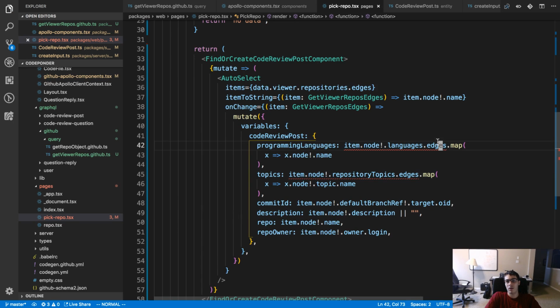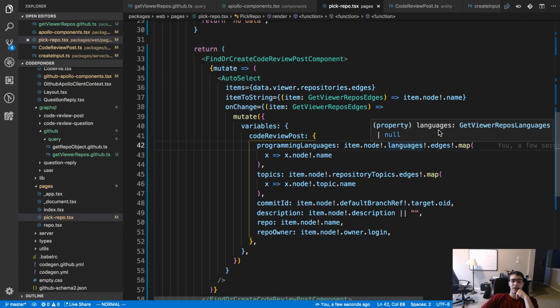Edges could be null. So if any of these things are undefined, then we would just want this programming language array to be empty.